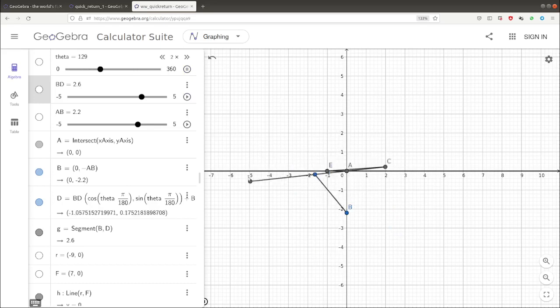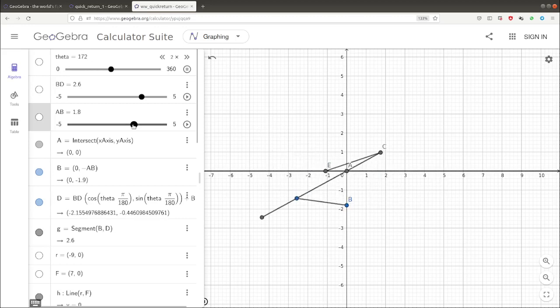Now let me change the quick return ratio by changing the position of this B. Let me change it by changing this one. I have reduced the quick return ratio. That seems obvious.